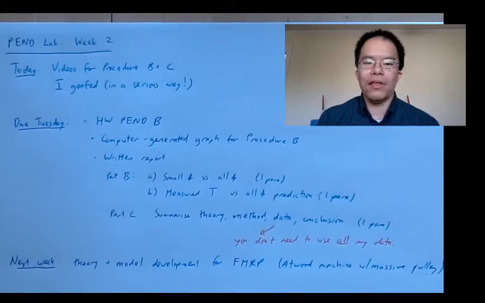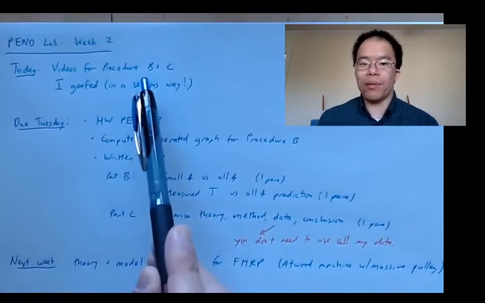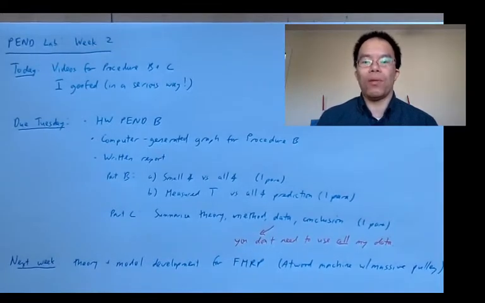Hi, everybody. I'm here to just make some announcements before we start week 2 of our Pendulum lab. I have posted to Sakai and on YouTube the videos I took of me carrying out procedures part B and C. So in B, we're trying to determine whether the initial angle of release affects the period in accordance with the model we talked about in class on Tuesday. And in part C, we're going to think about the effect of the mass of the bob on the pendulum